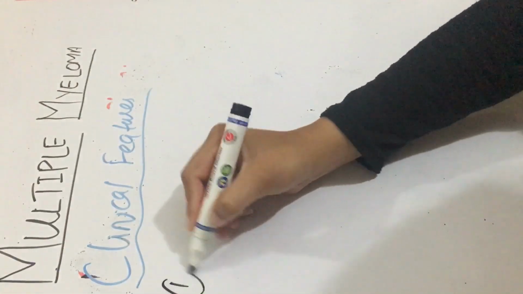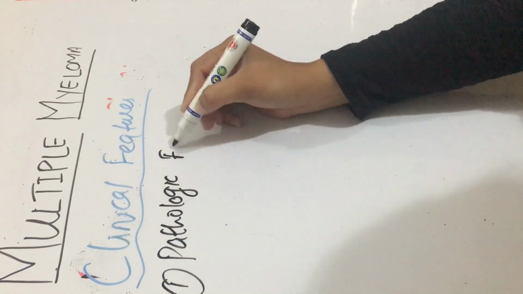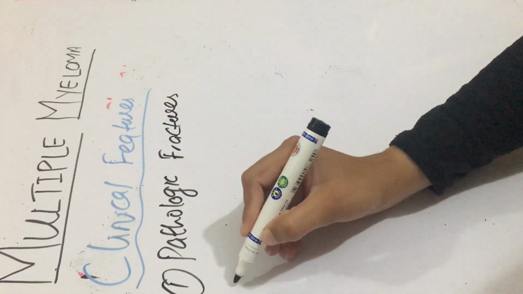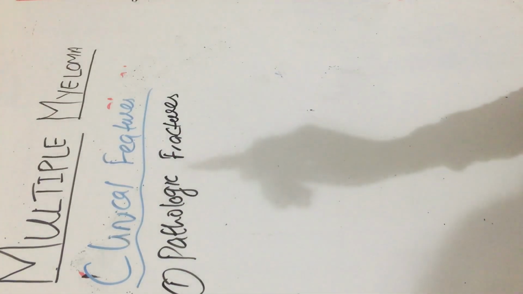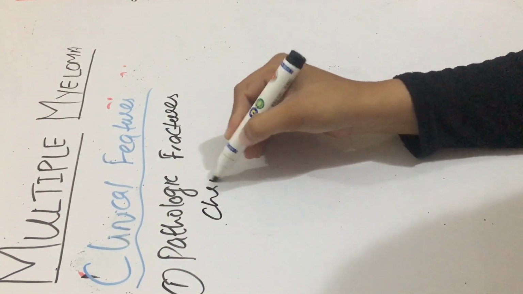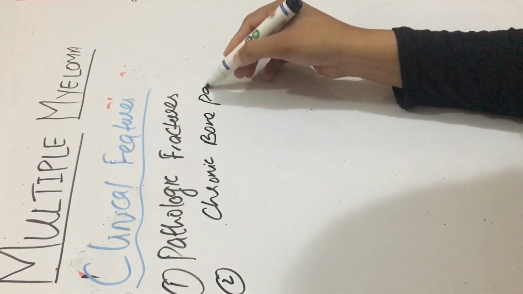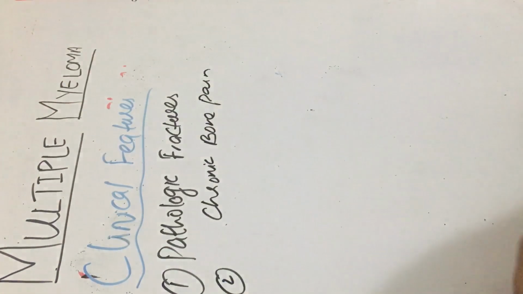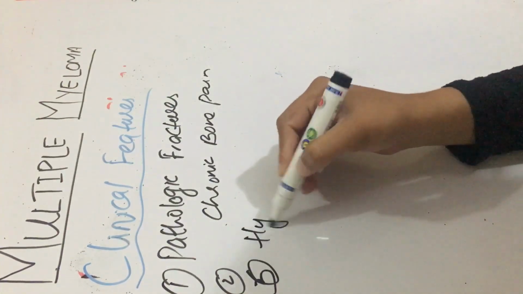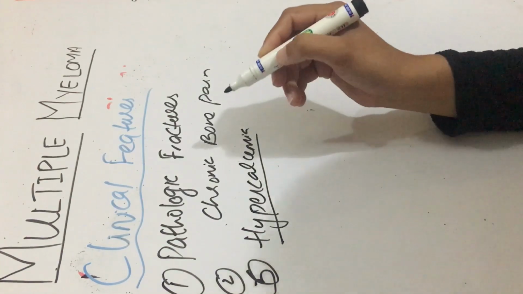The first is pathologic fractures, which occur due to excessive bone resorption, and the second is chronic bone pain. It is also due to the infiltration of bone with these malignant plasma cells. Then there's hypercalcemia, as a consequence of the excessive bone resorption,